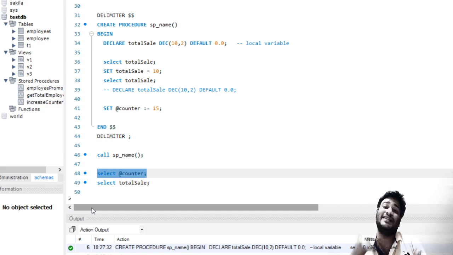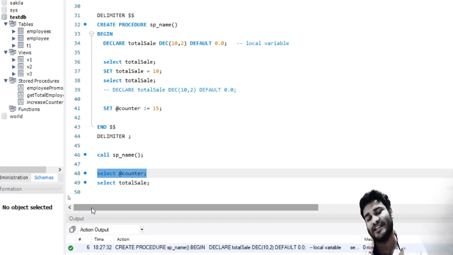It is something like a static variable. In Java you have static variables which are shared among various class objects. In a similar way, this variable is shared among the complete session. You can use it anywhere and its value will change as you change it.